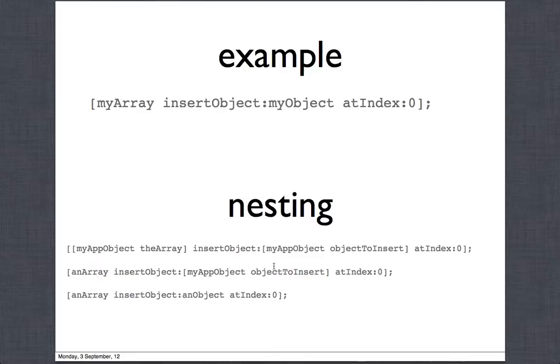I'm not actually sure, I just thought about whether we have a finite number of nests like this, but I don't think so. This is a good question. But probably you can nest a lot. And if you're nesting and you hit some limit, if there is a limit, then consider changing your program, because that would be just unreadable. But few nests make sense, and this is just a way to save variables. You don't have to create a variable and then use it. You can just create it and use whatever was created without actually